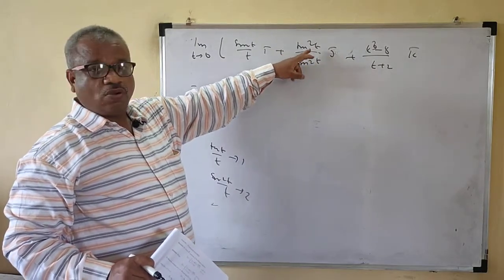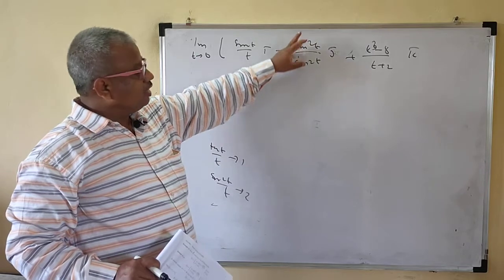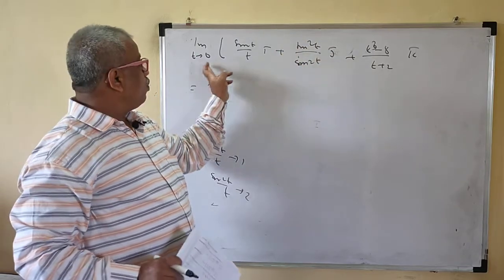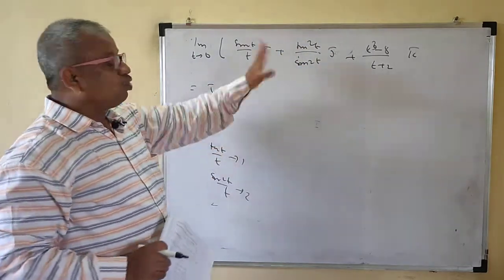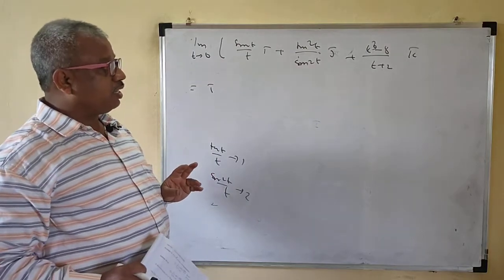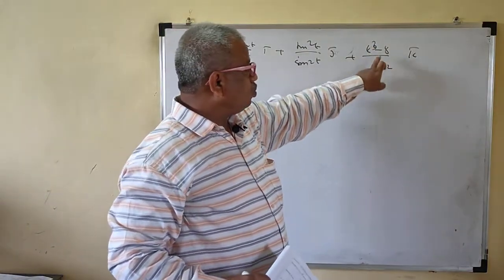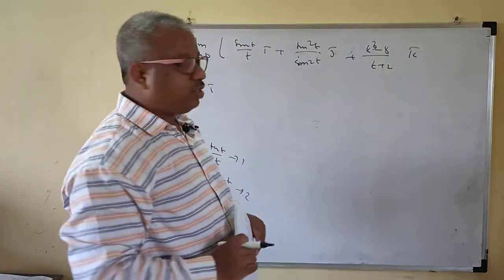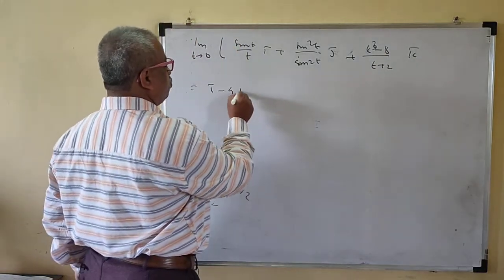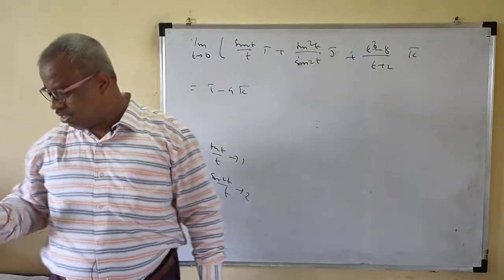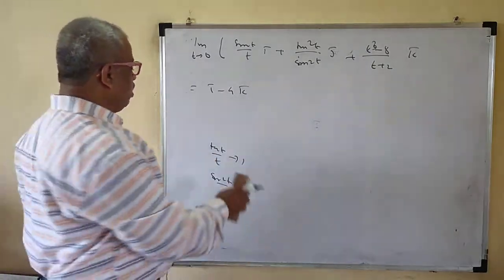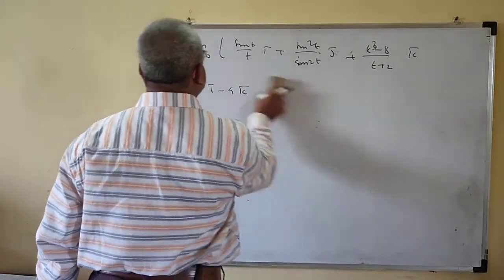So this is 2, this is 1, so the limit is half. But tan t is there, so if you put t is equal to 0, then this is 0. So no component for j bar, the second component is not there. Now if you put t is equal to 0, this is 0 here, so minus 8 upon 2. So this is minus 4, so minus 4 k bar. This is your answer. Within a minute you can write the answer of this one.